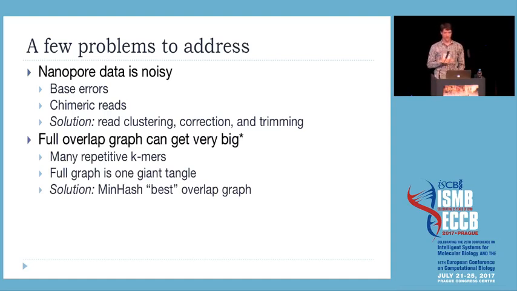Once you have the corrected long reads, how you go about overlapping them to generate these contigs. And the problem is the graphs that I showed you earlier are relatively manageable for E. coli, but when you get up to human, these graphs become very unmanageable. And you have thousands and thousands of reads with thousands and thousands of edges, and it can blow up the time complexity and the space complexity of the problem. So we needed to develop a solution to overlap these long, noisy reads, and we went back to this min-hash